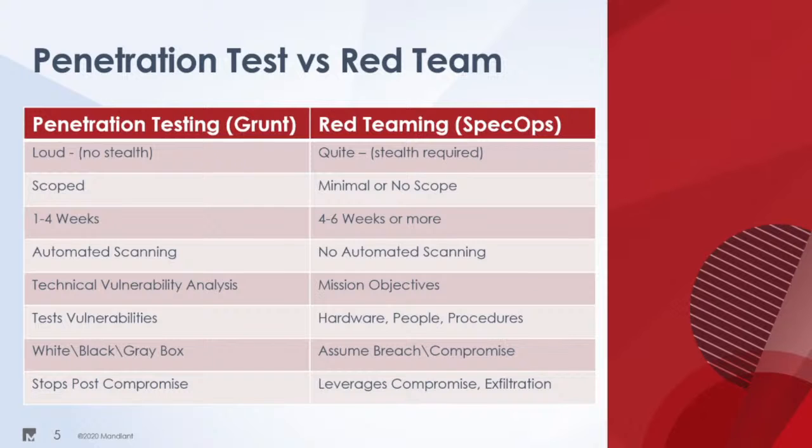It's just kind of brief, but I like to see penetration testing as being a grunt, and red teaming as being special operations, because on one side you can be as loud as you want in most scenarios. You don't always have to be like that, but in most scenarios it doesn't really matter about stealth and not worrying about alerting their SOC and such. However, red teaming is very much stealth required. You don't want to get caught because you are effectively simulating adversary threats.